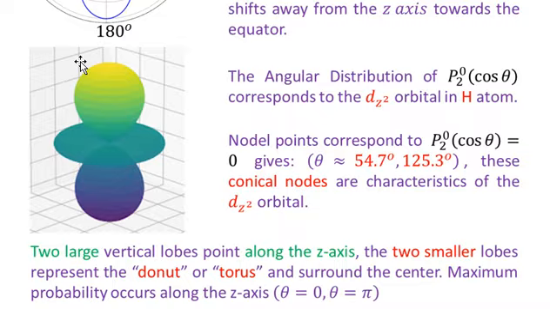So you see that many lines would be able to pass through the center of this wave function, that is, pass through the center of this donut or torus. Two large vertical lobes point along the z-axis. Two smaller lobes represent a donut or a torus and surround the center. Maximum probability occurs along the z direction, that is along theta equal to 0 or theta equal to pi. The maximum probability exists along the z-axis,